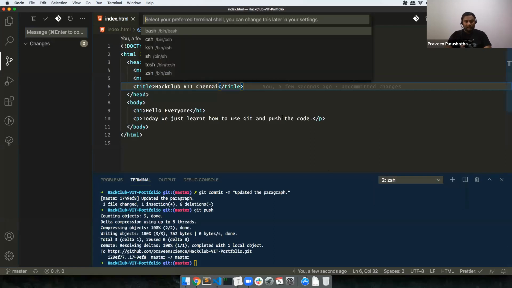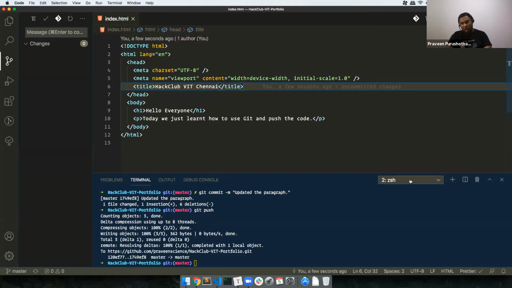If you see here, there are different shells that I can use. There will be different shells that you can use. Always use Git Bash if it is possible. Okay, so get rid of PowerShell. PowerShell is one of the worst things that you can use, but yeah, sometimes Microsoft claims that it is one of the most powerful things.